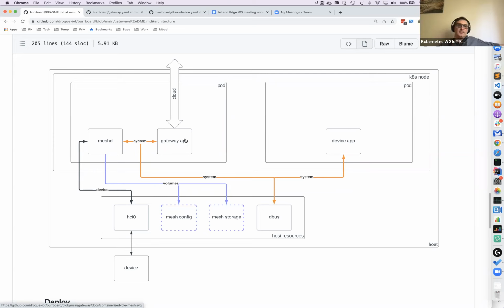And the gateway will get those events, convert them to an MQTT or HTTP payload and send it forward. The other way around, if you send a command from the cloud for a certain device, the gateway will send it to the mesh daemon, and the mesh daemon will broadcast that, and the proper device will get it.